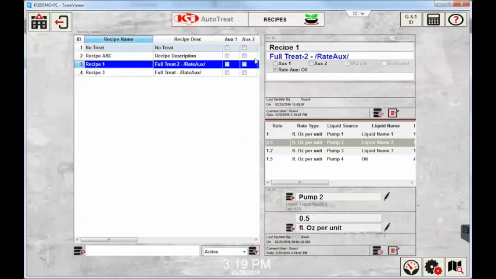For this recipe 1, if we turn this on, you can see that this auxiliary oil at 1.5 ounces per unit is added to this recipe. You will also notice that when this is turned on, if we turn this off and back on, in the recipe description, there is some text that is added regarding rate aux. It's important that this does not get erased or changed. If you want to change the name of the recipe, make sure you change that previous to the rate aux